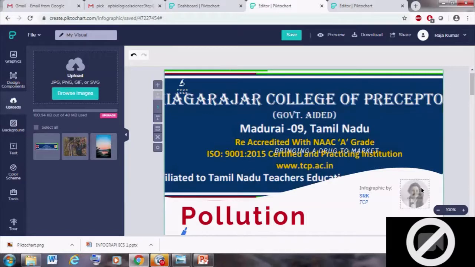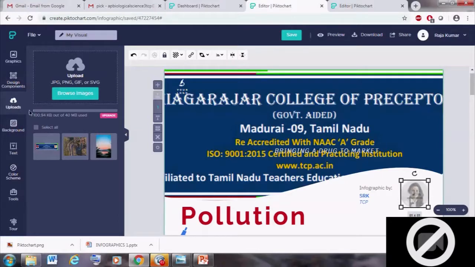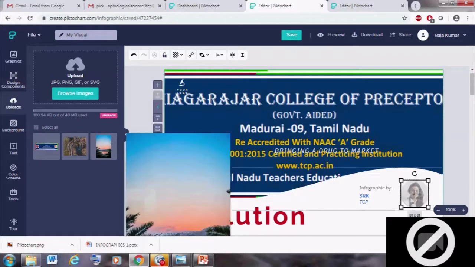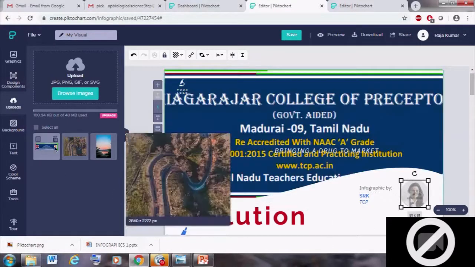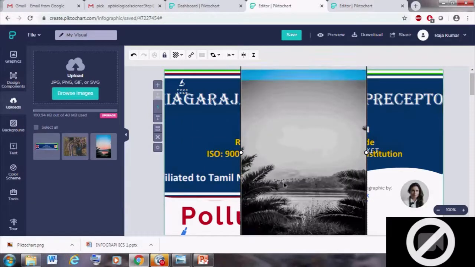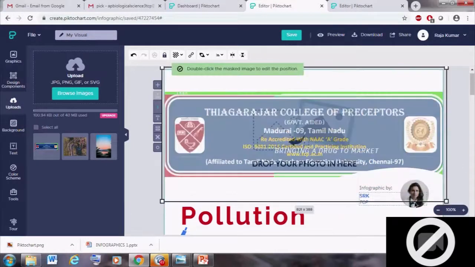If you want to add your photo, just click or insert any picture or your passport size photo. Here the upload option is available, so you can upload and save in the PictoChart, and after that you can use your own photo in the templates. Just drag into that area. It is automatically fixed in that particular region.